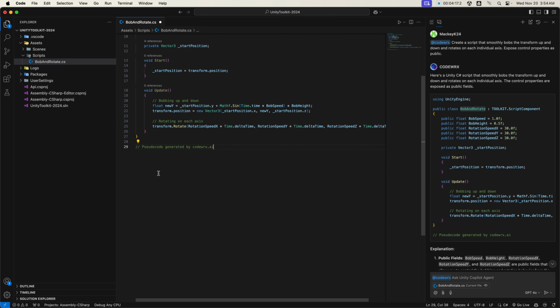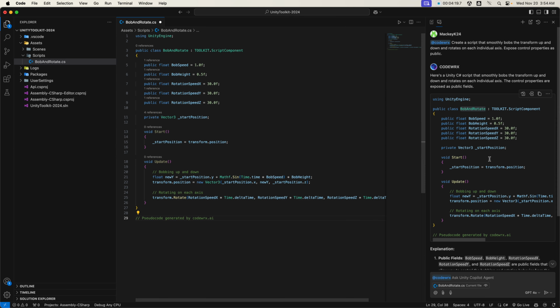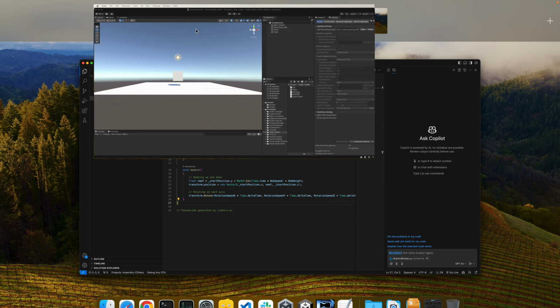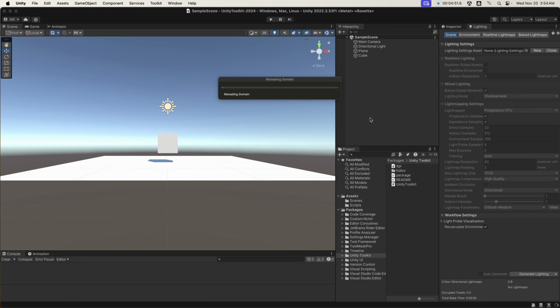So now we have our content, our pseudocode, because when you deal with Copilot, mistakes are possible. It's not guaranteed to be 100% what you want it to be. We don't claim to create code 100%, but what we create is pseudocode that outlines it. In most cases, the pseudocode can be used out of the box like it is in this case. I don't see any errors. Everything is coming through correctly. So if I hit the save button and pop back over here,